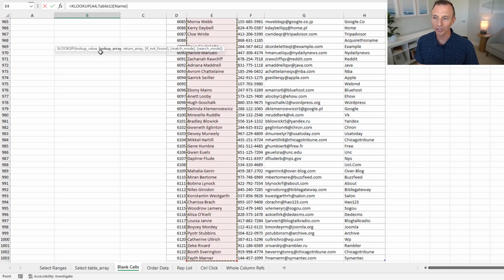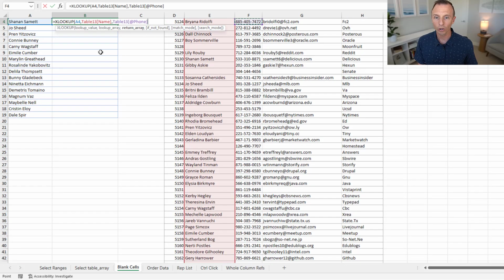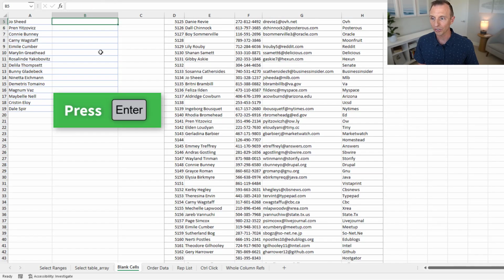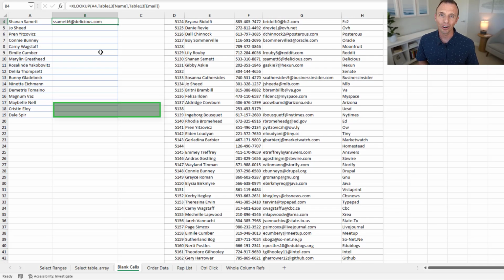Now all I need to do is type a comma. I'm going to right arrow over again to my email column, again Control Space, and that will create the reference to the email column. And you can press Control Space anywhere on any row in the table. You do not have to have the top row in the table selected. Control Space works anywhere to select the entire table column. So now that we have all those references there, again, we'll just hit enter there, and we have our VLOOKUP